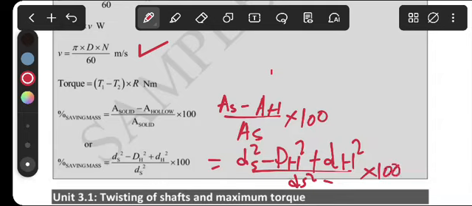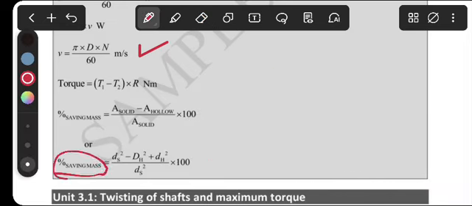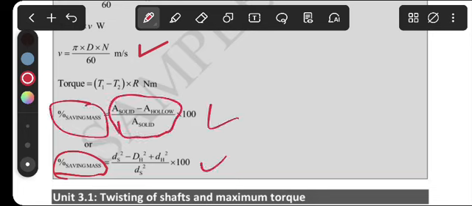You must know that formula. As you can see, saving in mass, it's either using this or this. It's one and the same thing. Me, I prefer this. Remember the area,